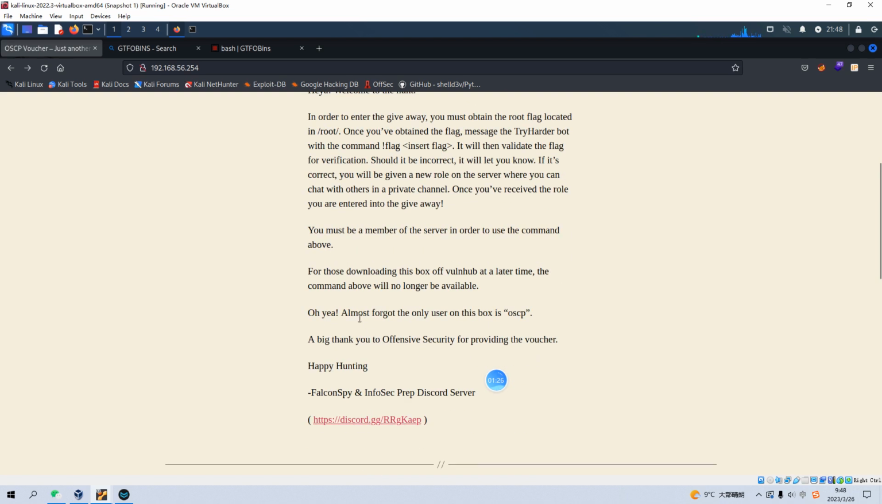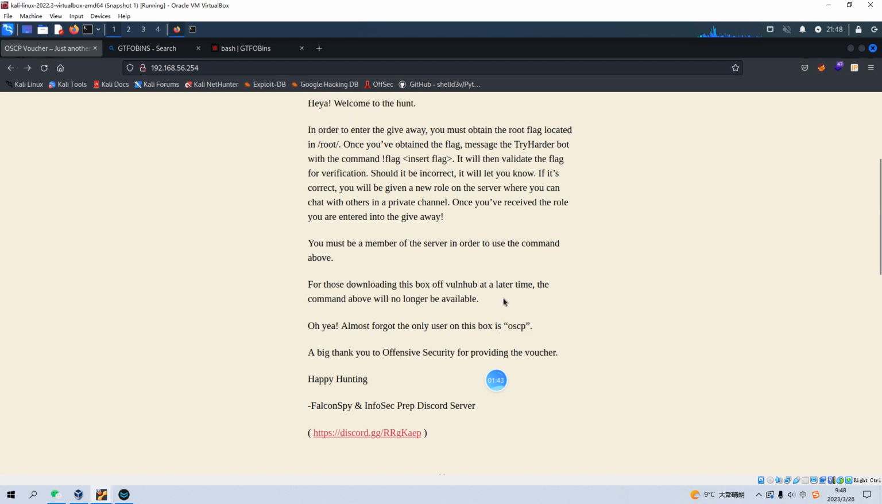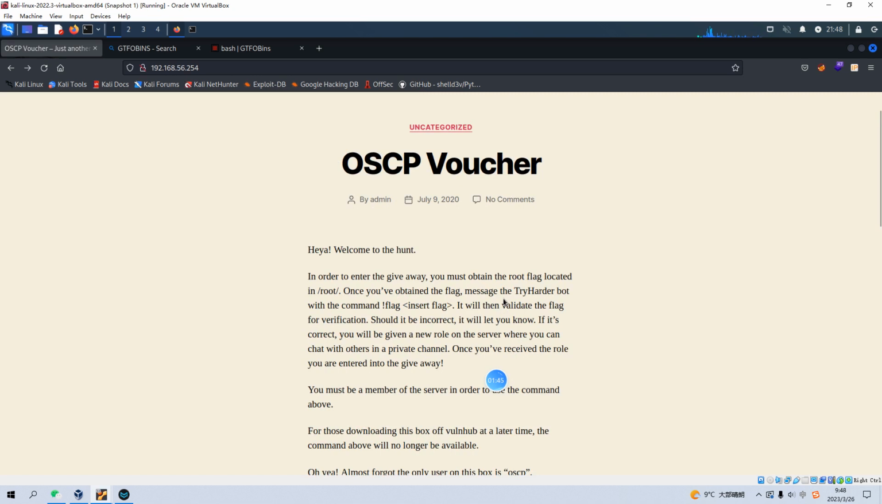Oh yeah, I almost forgot, the only user on this box is OSCP. So this is very important information. So we do not need to think of any other username. The only username in this box is OSCP. So what we do is to